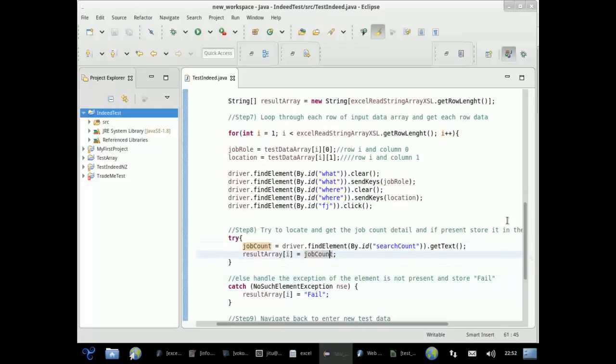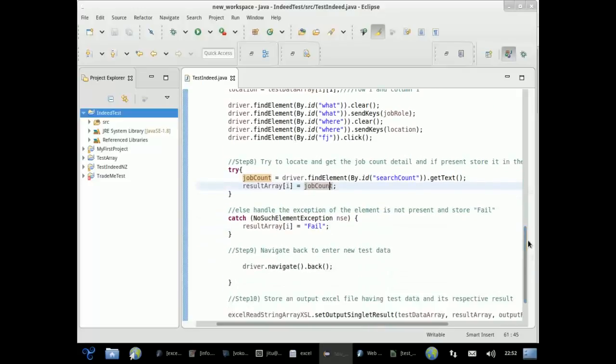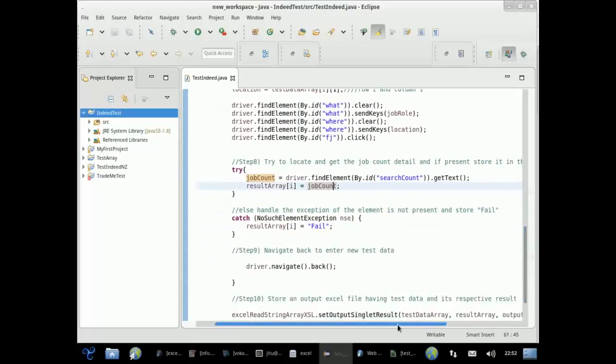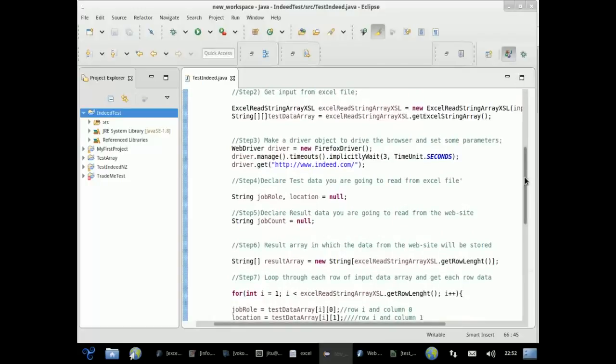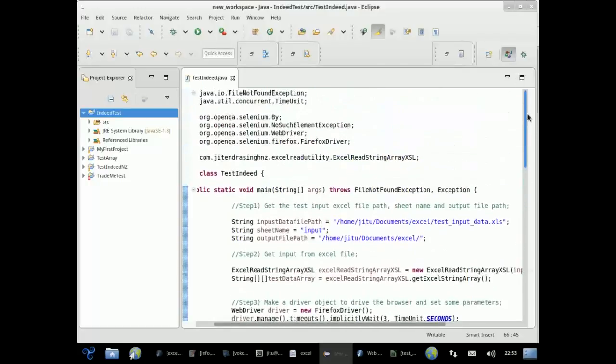And suppose we input some random value which does not make sense, it won't get that element, right? So it will throw an exception called no such element exception. Now be careful while implementing this exception, because java.util has the same type of exception. So if you are trying to implement this using no such element exception, just make sure that you import the